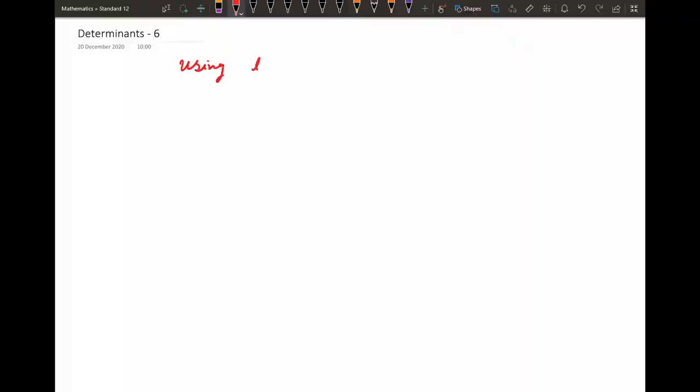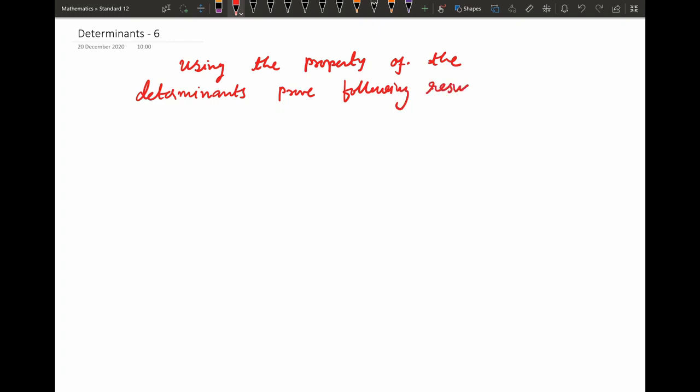Using the property of the determinant, prove the following result. First example is: prove that